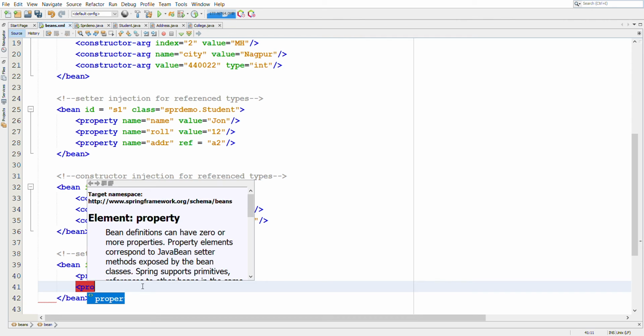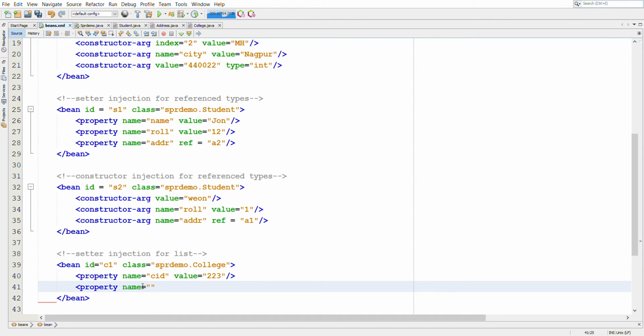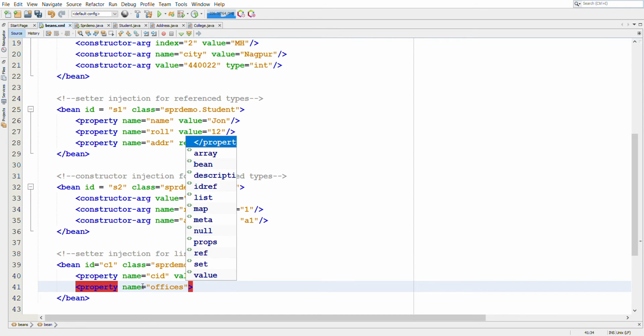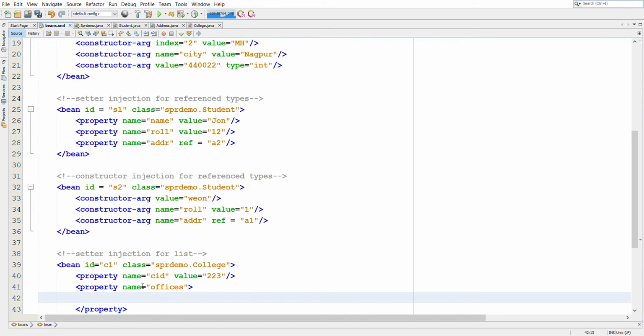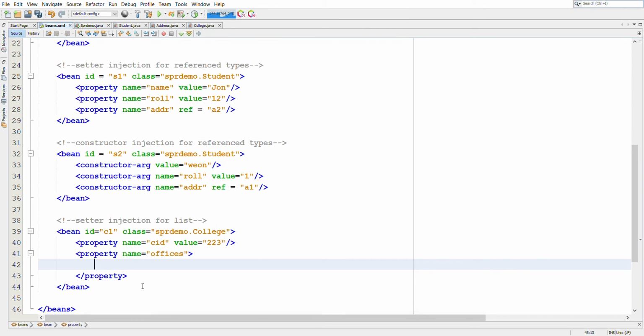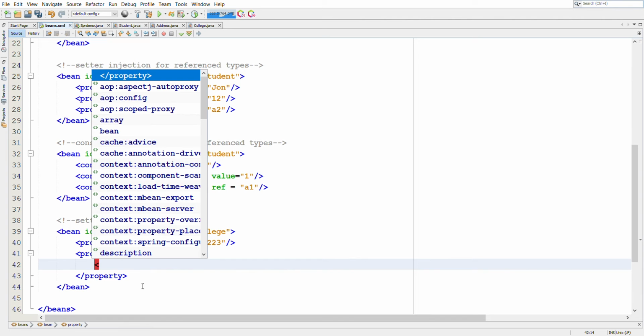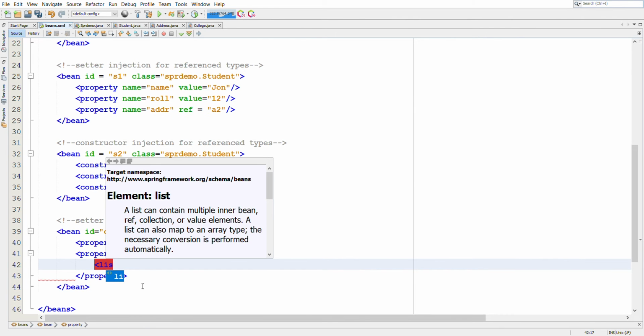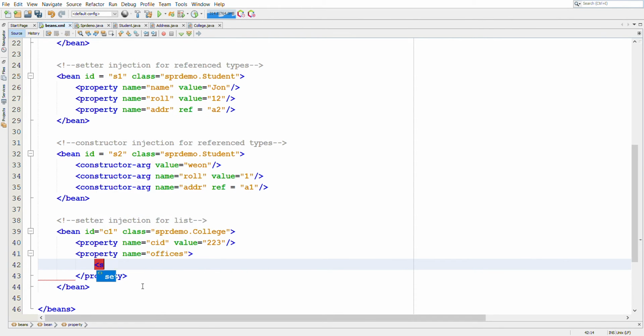and for the next property, the name is offices, and inside the property tag we will create a list. List is a sub element of property, so either list or set.